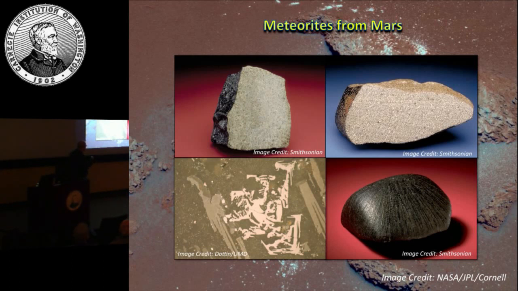And then this is a third Nakhlite, MIL 09032, just showing an interesting texture involving magnetite, which is skeletal here, and then small sulfides, which are scattered throughout. There's a potential connection there. And what we're going to do is look at analyses of these meteorites and see what they tell us about sulfur on Mars and about Mars itself.